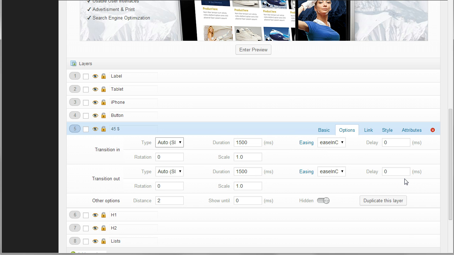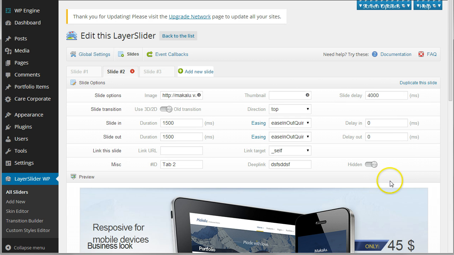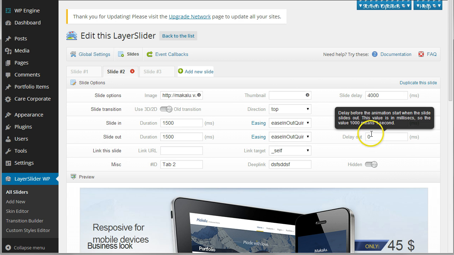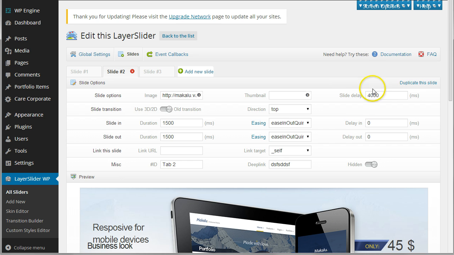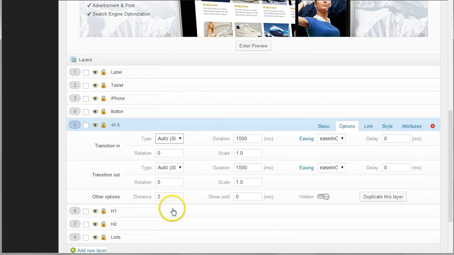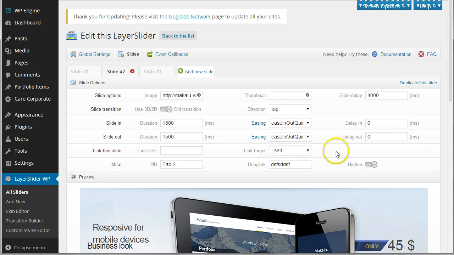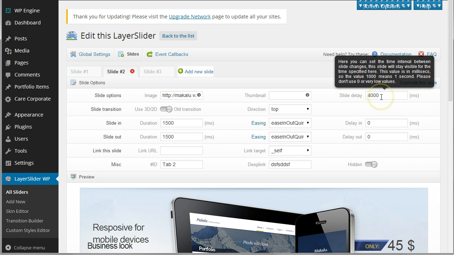And basically, they also have to, with the delay here, or primarily the delay of the slide itself, because you have to understand two things are happening here simultaneously. The main counter is for the background, so to speak, for the entire slide, and all the layers are happening,